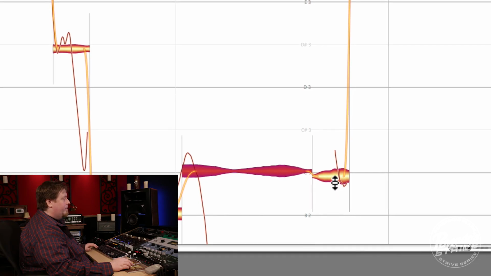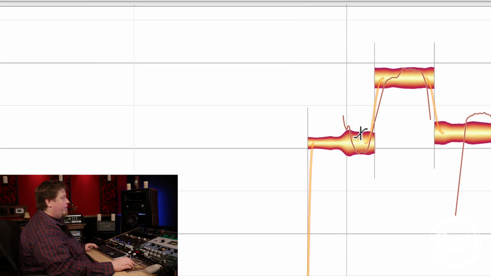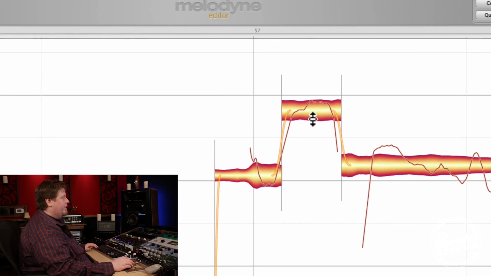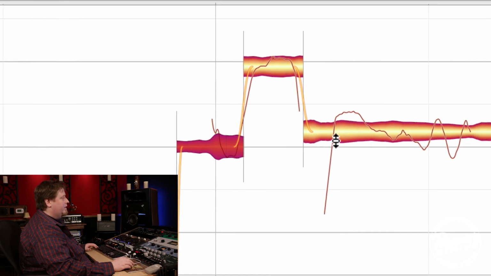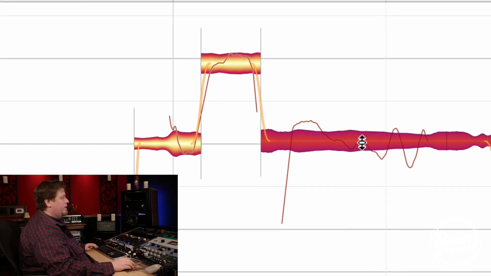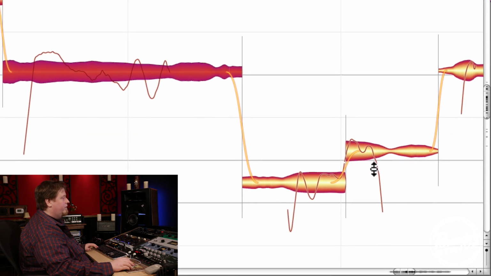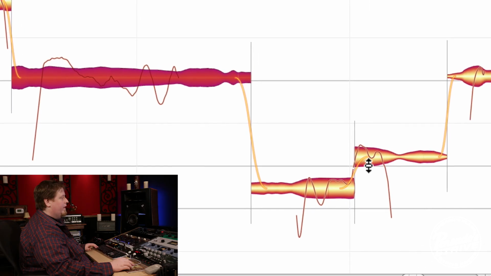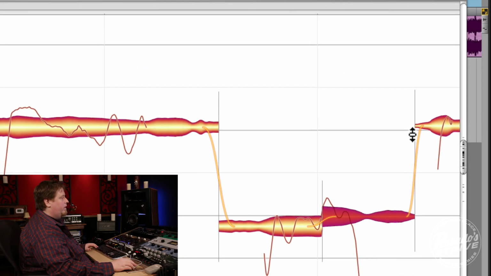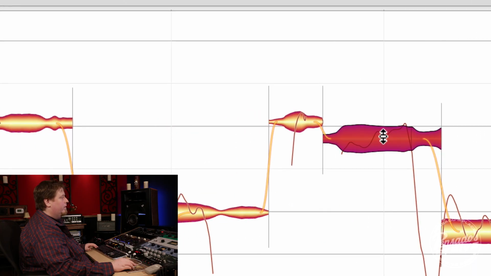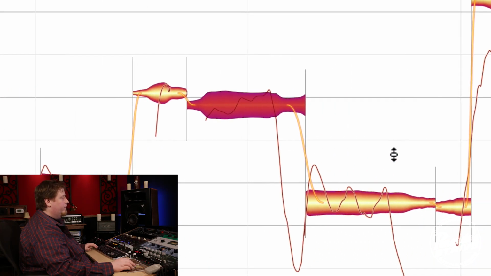Go back to my pitch tool. And if you got a good singer and he's fairly close and you just kind of nudge things, follow these lines, and it'll come across very natural, very nice. See here, he started flat and went sharp. So you just kind of go on through, and you'll get a handle for